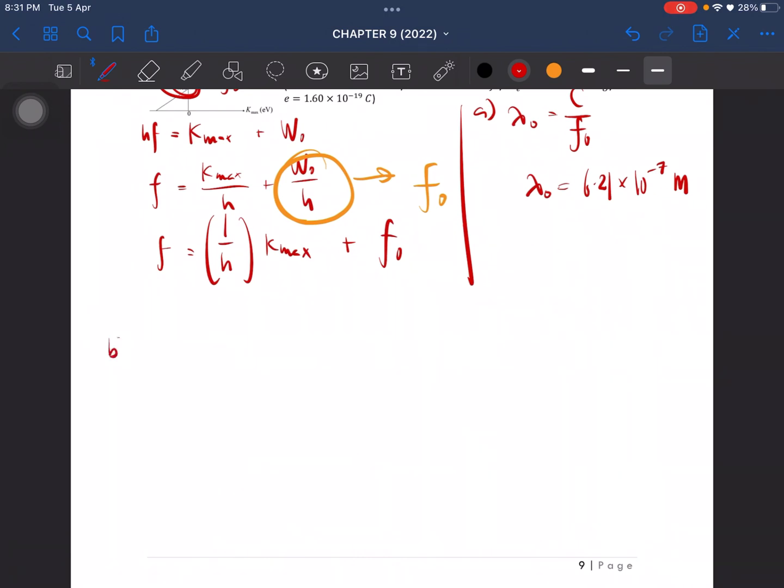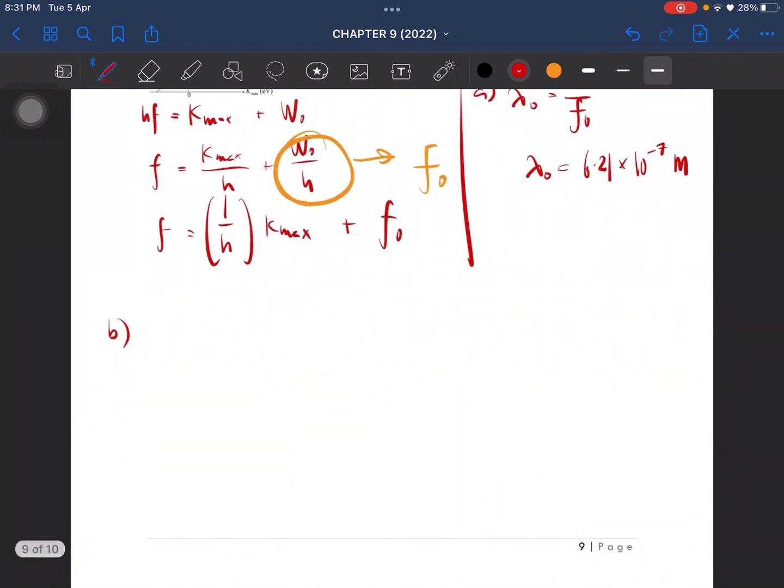Then question B, the maximum speed of the photoelectron. We use the Einstein photoelectric equation again, half m v max squared plus the work function. From here, we can find the maximum velocity. So that is going to be equal to